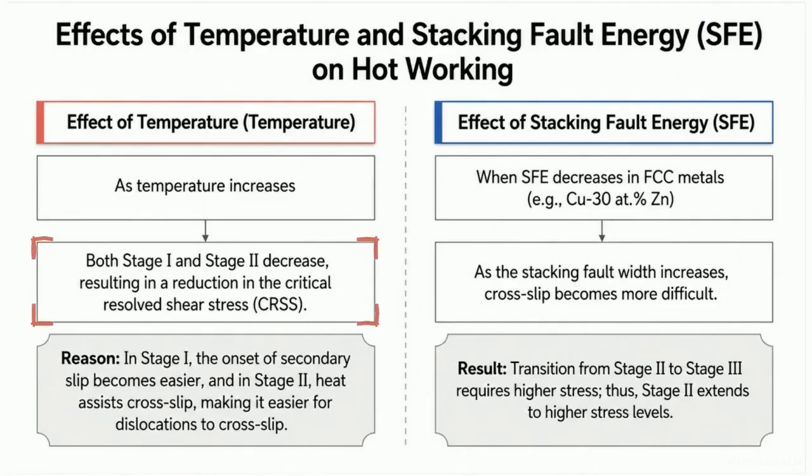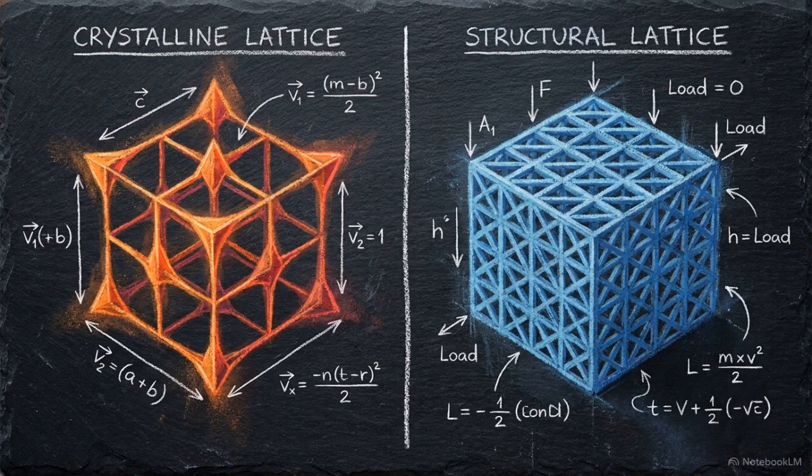As temperature increases, critical resolved shear stress decreases as heat assists dislocation cross-slip. Conversely, decreasing stacking fault energy widens faults, suppressing cross-slip and forcing the material to stay in the high-stress Stage 2 regime for longer intervals. Unconstrained single crystal deformation is characterized by high sensitivity to these external thermal variations and internal